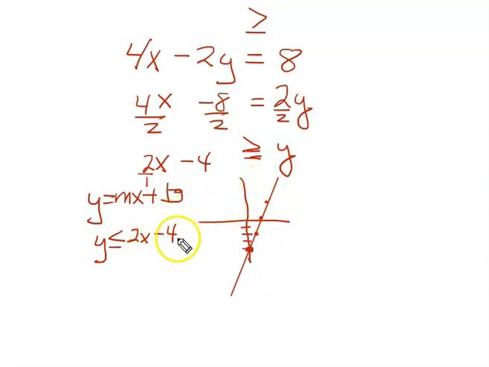And now what makes this statement true? Well, we might put the origin as a test point here, which is 0, 0. So if y is 0, x is 0,